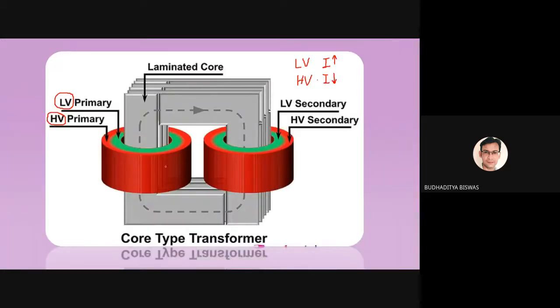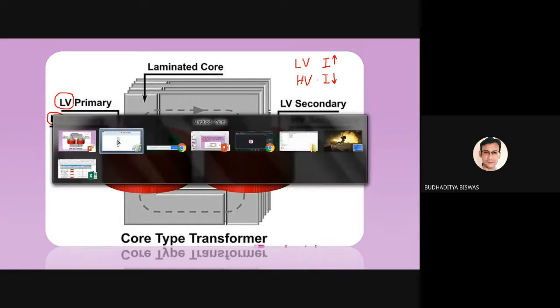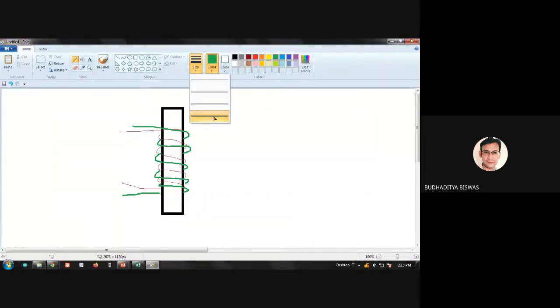Just look here. So this is our laminated core. On the core, if we first think about this situation where we first wind the high voltage winding, then the diameter of the winding increases. On the top of this one, if we wind the low voltage winding, then the wire requirement, or the material copper requirement, for the low voltage winding is more. And if we take this one, this is one of the wires, and this is another wire. Which one do you want to use more?